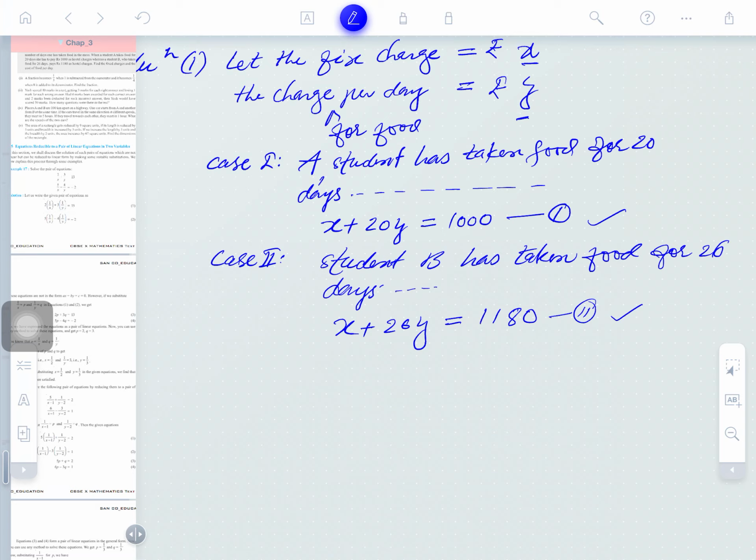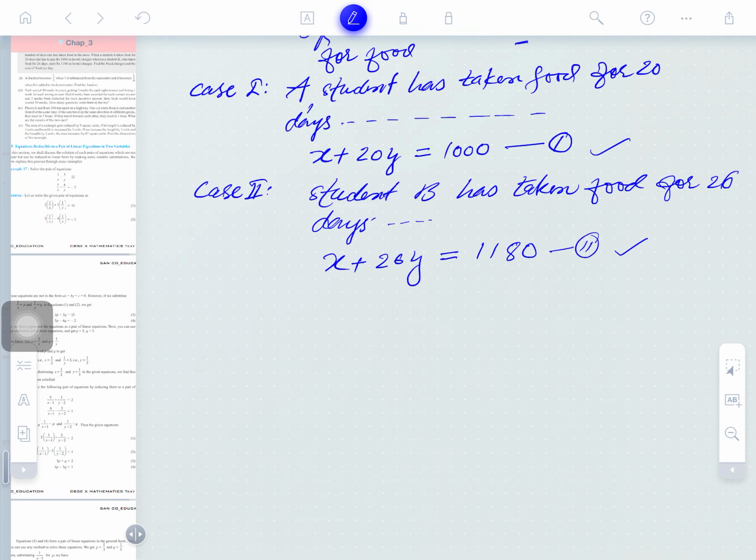Now you have equation 1 and equation 2. Is it saying to solve this by the cross product method? No, he is saying by the algebraic method. So you can use the elimination method, the cross product method, or the substitution method. Which method do you like most? Most students use the elimination method. So you can solve this by the elimination method. What is the elimination method? Obviously you want to eliminate x.